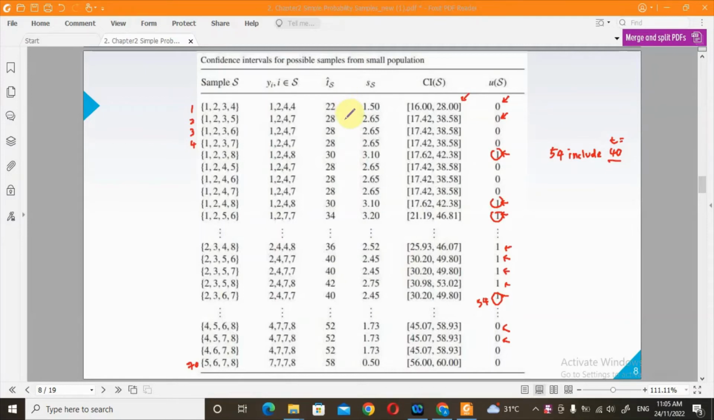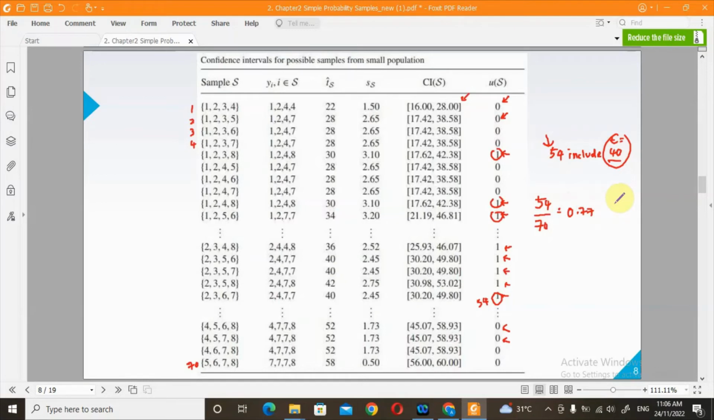All right, so from this example, we know that each individual confidence interval, from possible sample number 1 until possible sample number 70, either does or does not contain the population total of 40, right? So in our example here, only 54 possible samples include the population total of 40 in their confidence interval. Thus, we can say that 54 out of 70 possible samples, or 0.77,